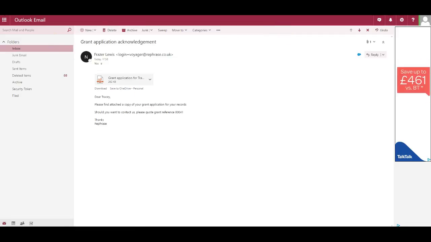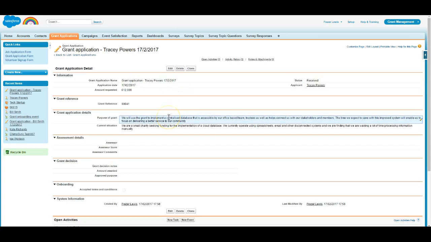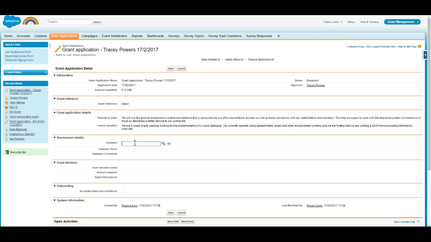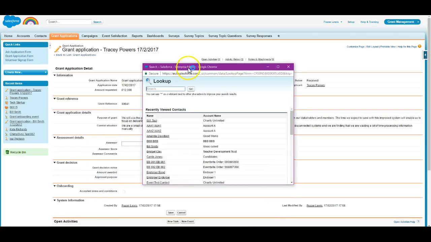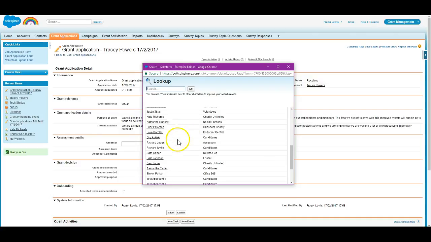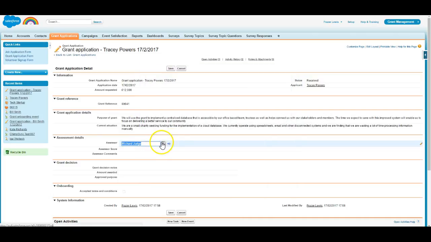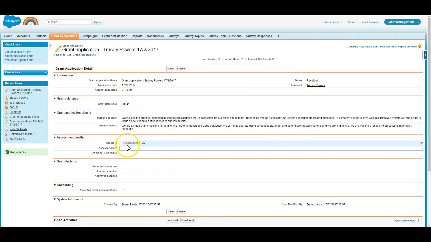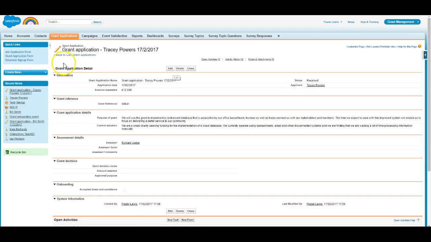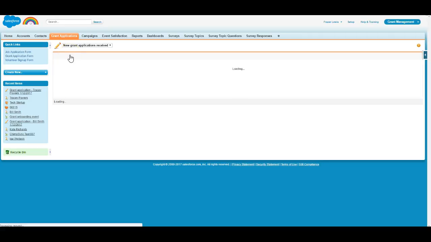If you go back into Salesforce, the next part of the process will be for this grant application to be assessed, and it's going to be assessed by somebody who doesn't have a Salesforce login. So the way that works, we go to this assessor field, we do a little lookup, and we're going to use an assessor. We're going to use Richard Judge. He's an assessor, so we pop him into that field and save the application. And normally, or the way that this could work,